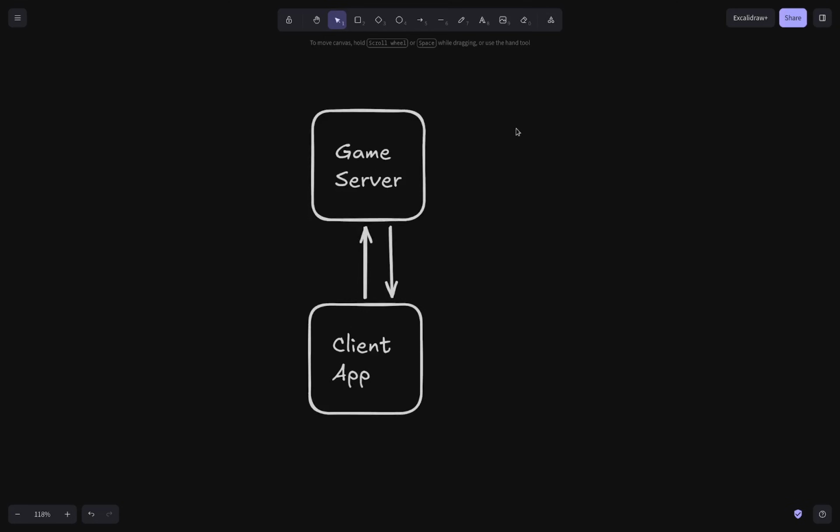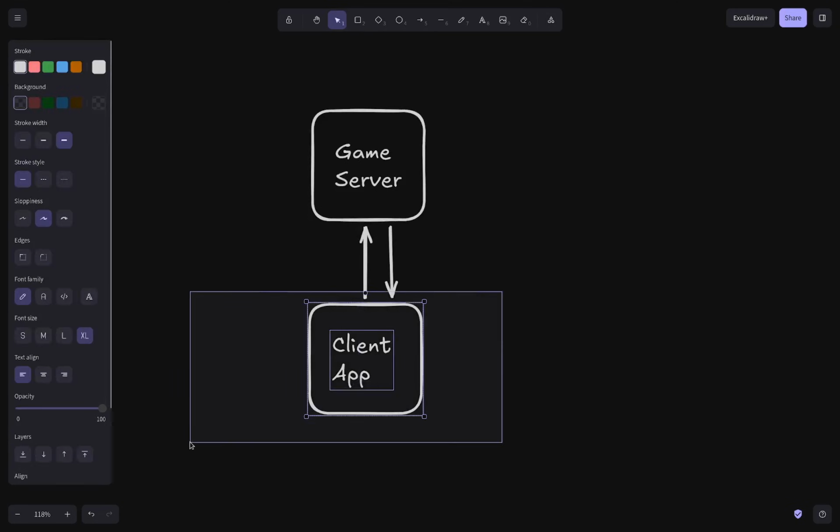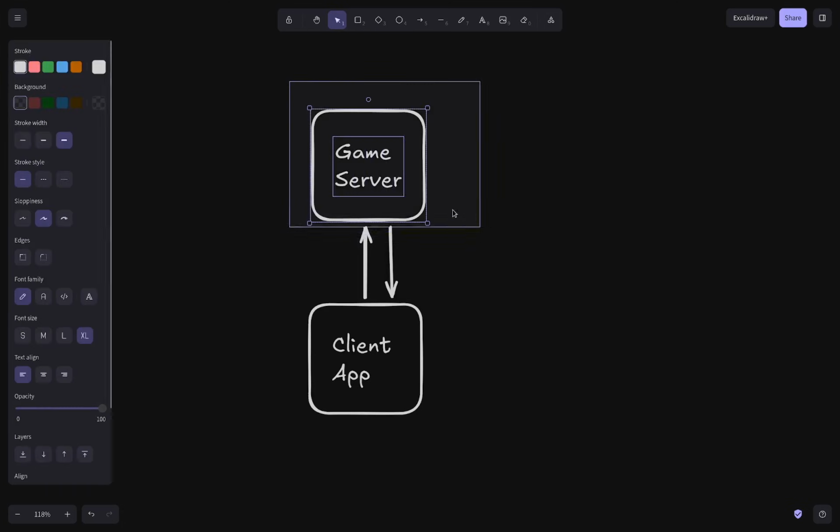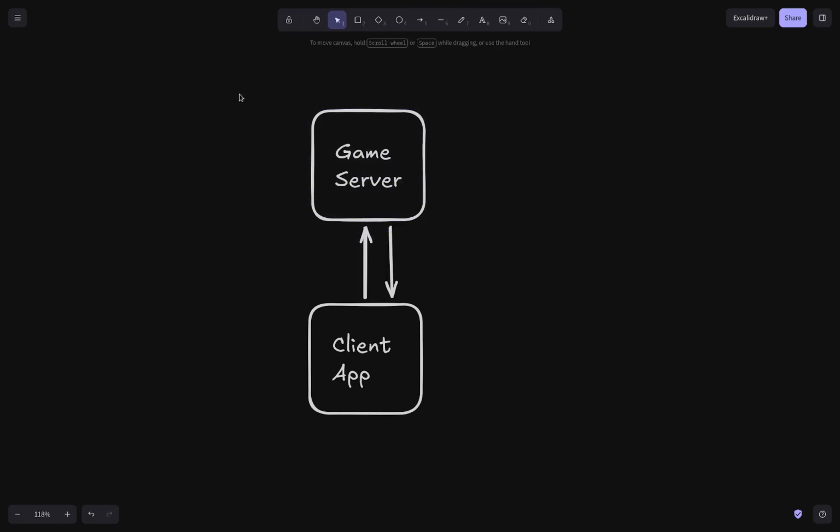So, in the naive implementation, we have our client application, which could be your computer or phone or device of any kind running a software which we would call the client app. The client application would be the game that you boot up on your computer. Then we have a game server. Now, this is a very simplified version of it, and this is actually how my game worked before the redesign